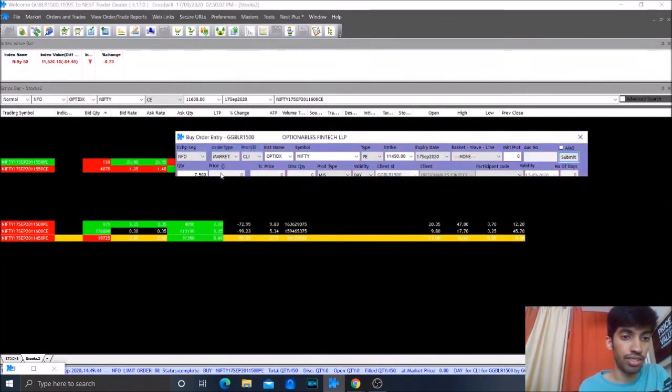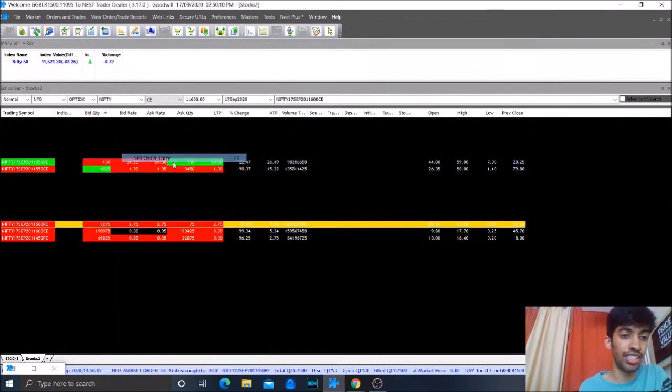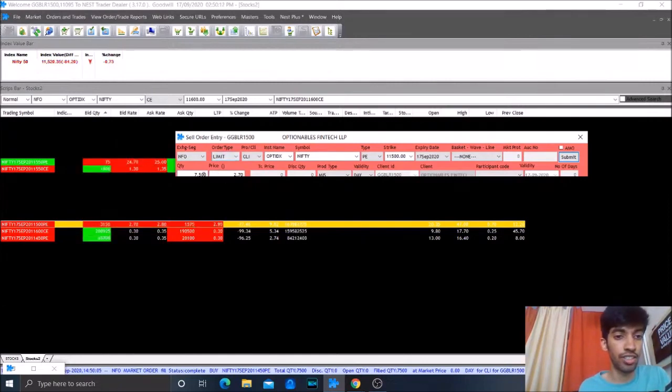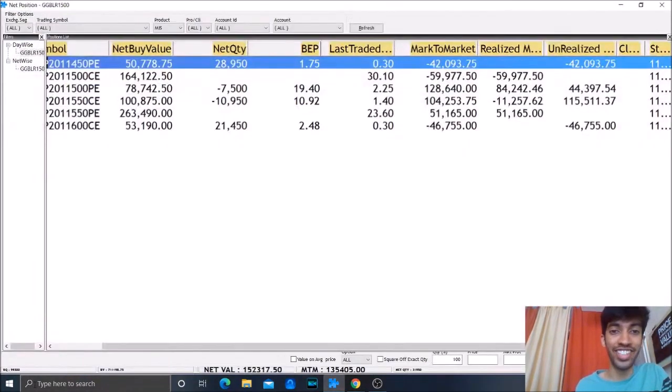PE 40 paisa by 7,500 double lot. One lot is enough because I am still planning to short this 3 rupees. I'll just do a quick short of 7,500 quantity. Oh, it already fell to 2 rupees. My bad. It was at 4 rupees and within no time it's already at 2. Okay, I have 7,500 quantity shorted and I have 10,000 quantity shorted and it went back to 3, which means